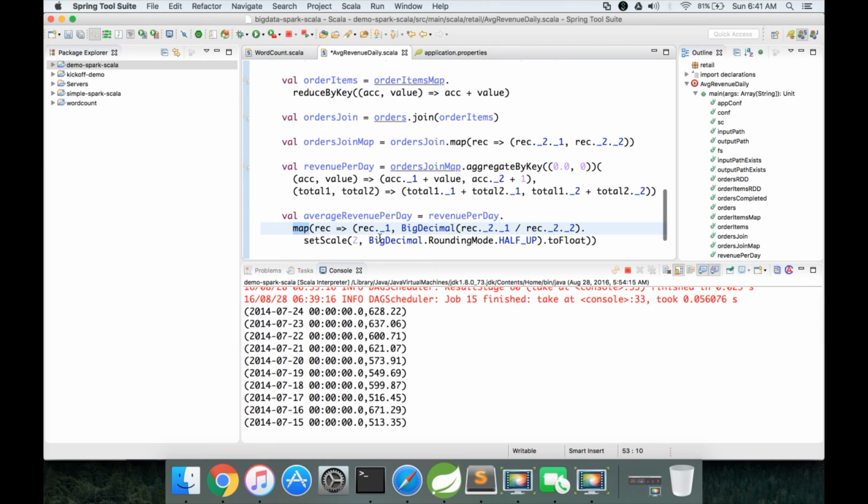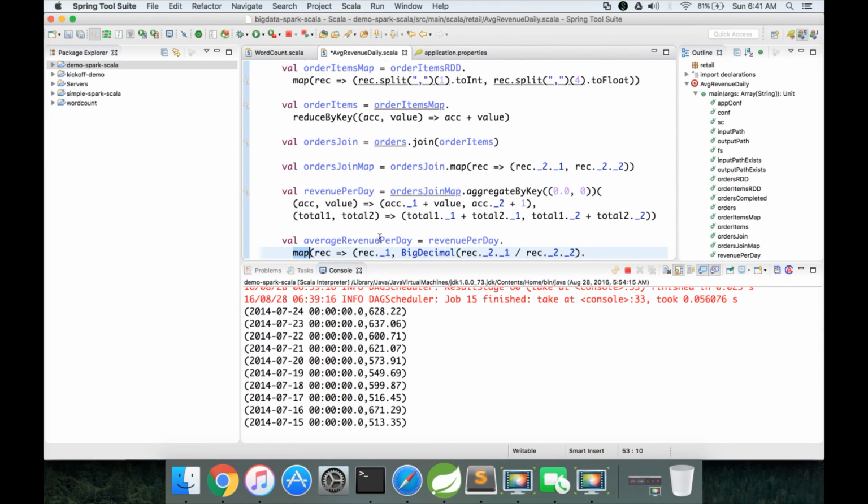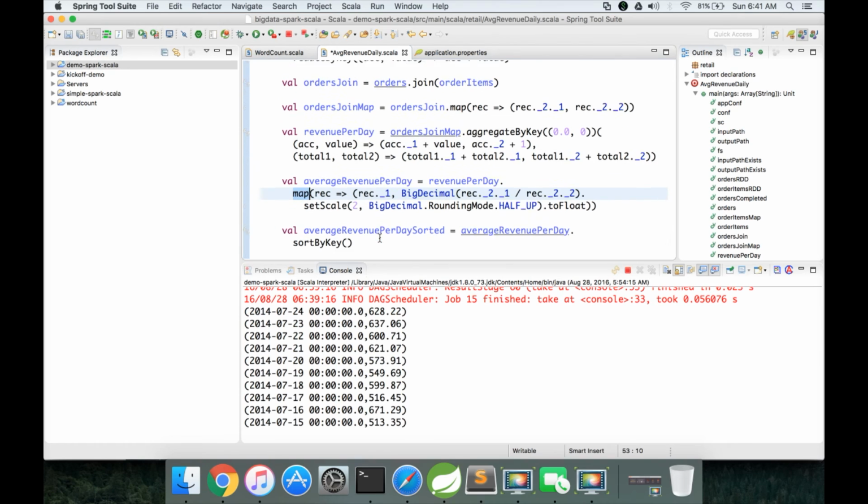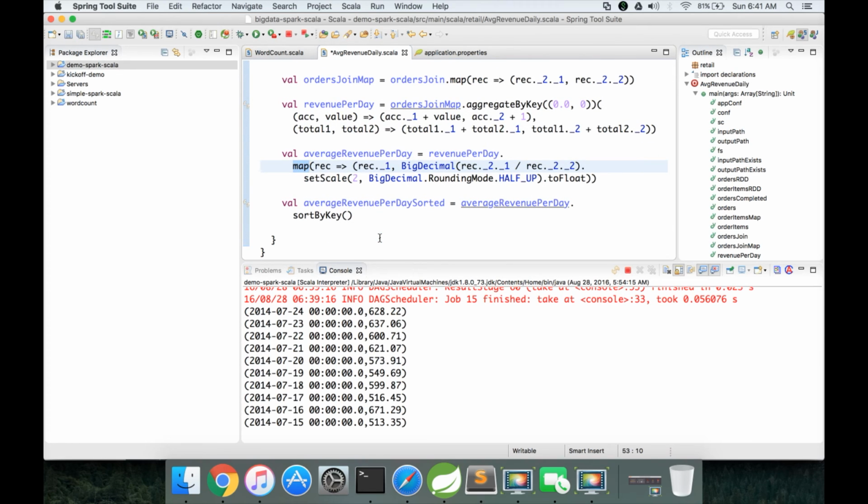So we have covered many of the core transformations as part of the development process, and also we have seen a few actions like take, collect, and few more things as part of validating our results in the middle.